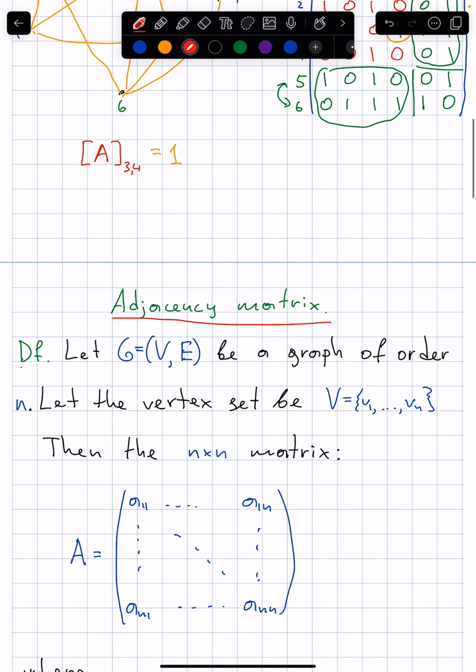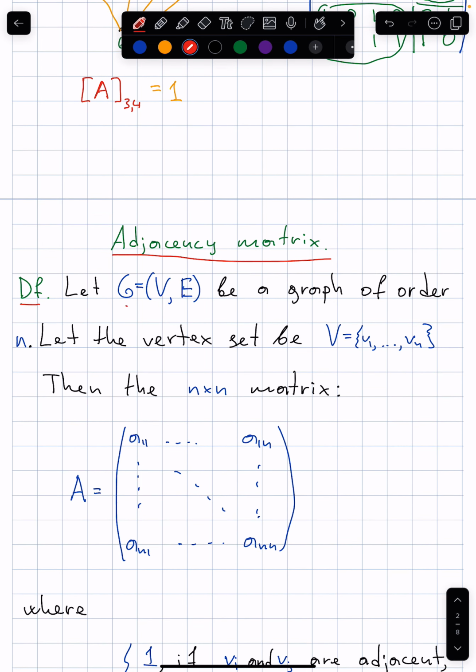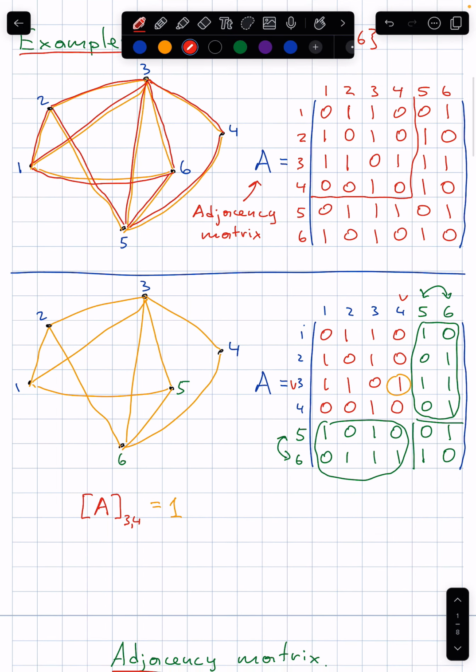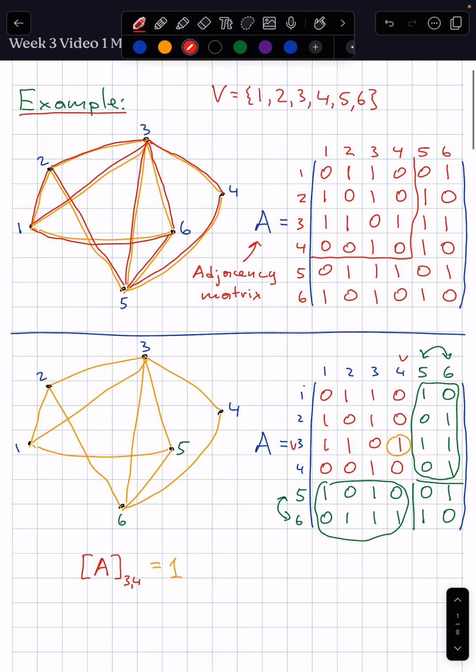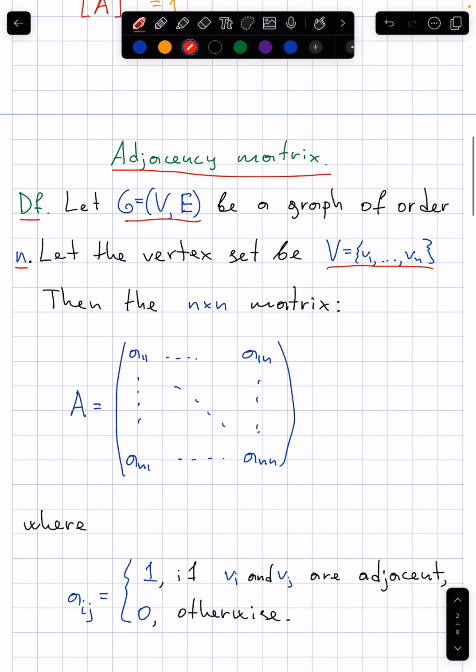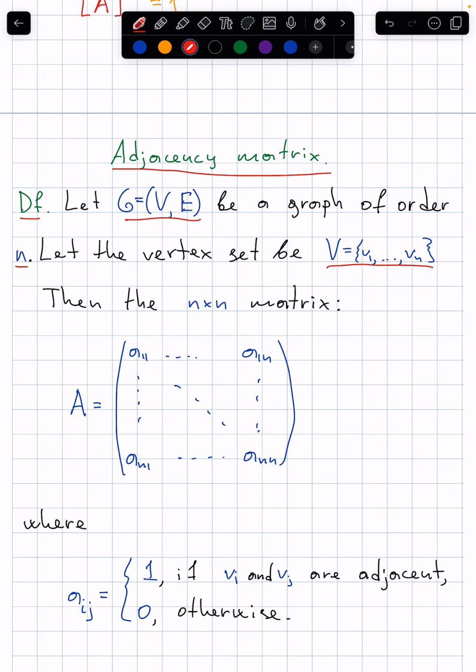Let's do a definition. Let's say we have a graph with vertex set V and edge set E, and it is of order n, and moreover we know the vertex set. That will be V1 through Vn. Sometimes we just have 1, 2, 3, 4, 5, 6, right? Sometimes we prefer to say V1, V2, V3; both ways are fine. So then we get the n by n adjacency matrix with the entries A11, A12, and so on up to